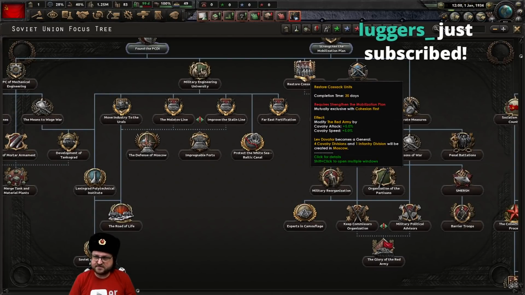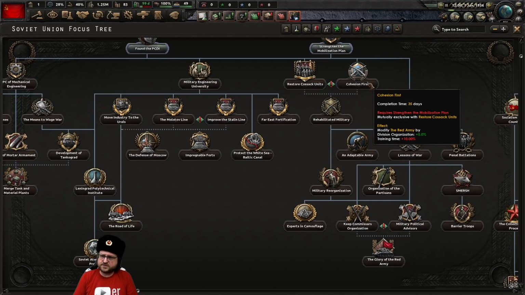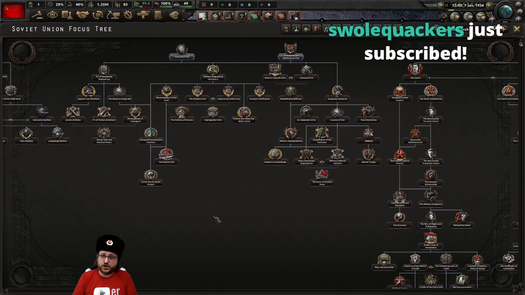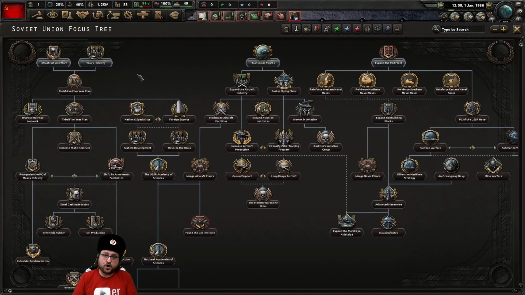It gives you a bunch of free cavalry divisions, and makes your cavalry just more potent going forward, which is neat. I don't know if that's what we want to look at long term. And it is mutually exclusive with Cohesion First over here, which is plus 5% army organization, which is pretty good. So we shall see. We got our naval stuff over here, airplane stuff over here, all our industry stuff over